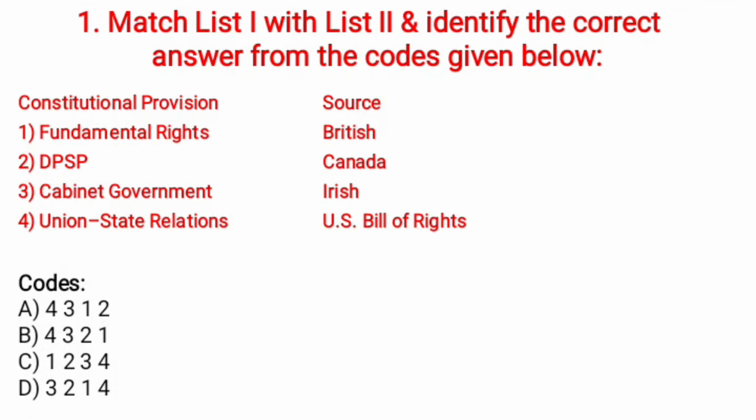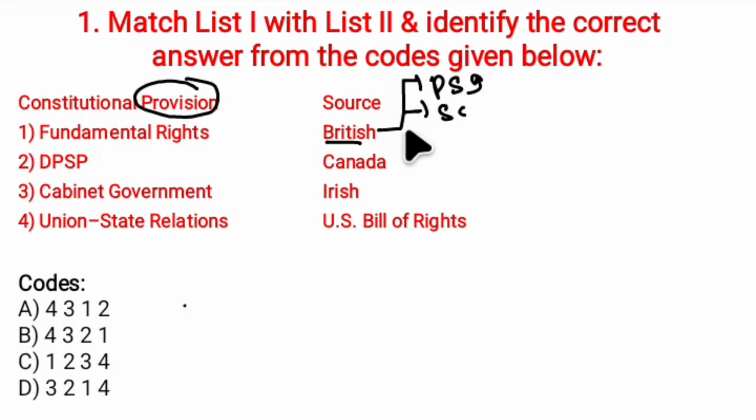So before solving the question, let's have a little bit of brainstorming discussion about these sources of the Constitution of India. So we have borrowed important provisions from various countries. Firstly, from British we borrowed the parliamentary system of government, and after then single citizenship and legislative procedures, and also parliamentary privileges, and also cabinet form